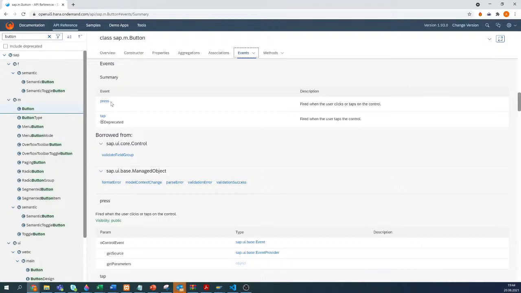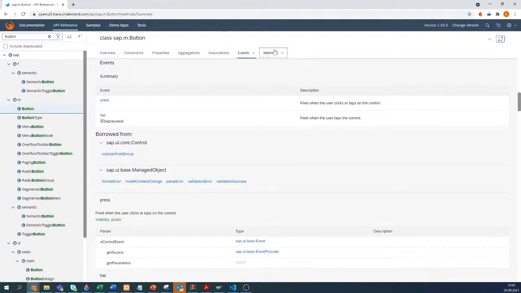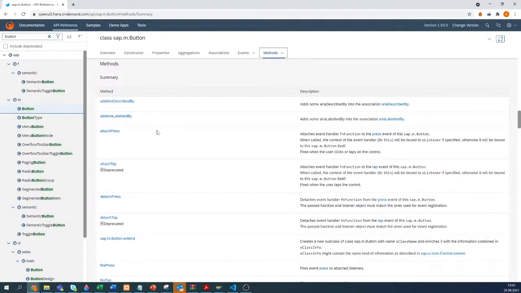on click, that's the press event. So simply the same as in HTML, you have the on click event, then it handles the logic which is triggered when you press some button. So the same is here. So press, and then other methods, the methods which are actually called